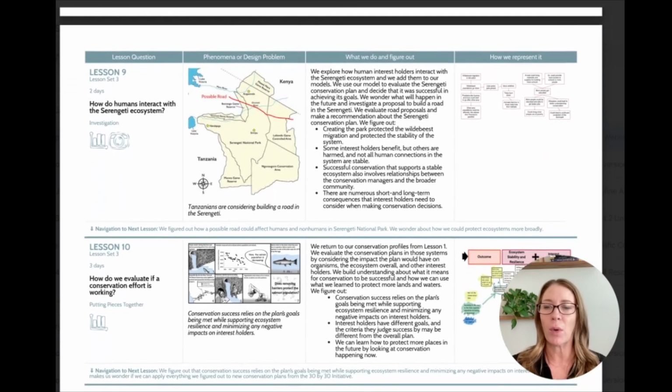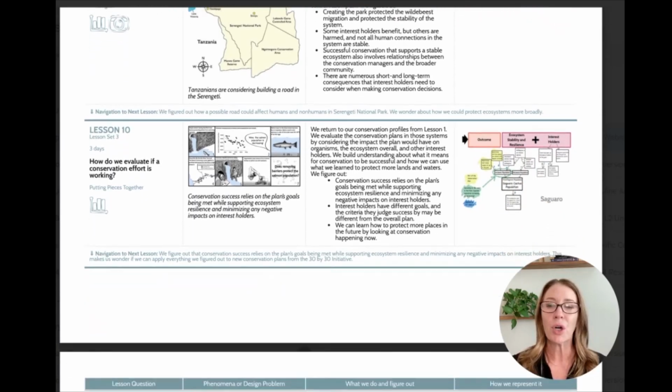So in lesson 9, the main question is, how do humans interact with the Serengeti system? And so we are introduced to interest holders. We look at what they want to happen, and we actually look at a proposed road that's going to go through the Serengeti, and different interest holders want different roads for different reasons, of course. And sometimes what's good for one interest holder is not good for another, but really what's important is the effect on the ecosystem. So we evaluate this road proposal,